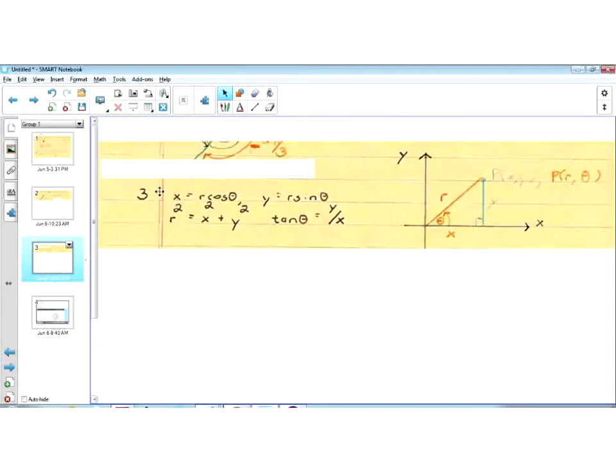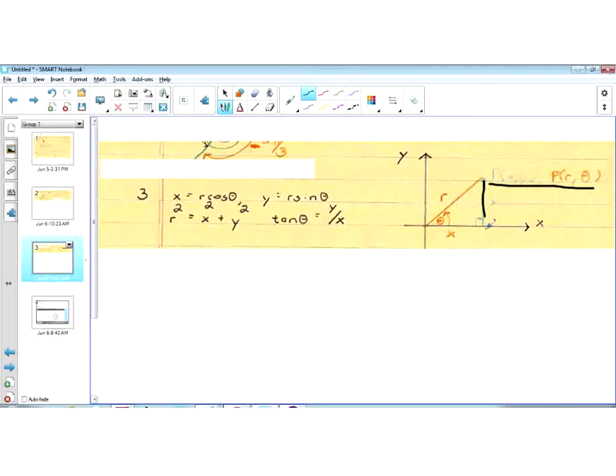So here, if we look at the illustration that I've drawn here, I've identified a point and I've given it rectangular coordinates. Now, we can translate from rectangular to polar coordinates for a point in space, okay? So the way it's done is, you identify the rectangular coordinates, x, y, and then